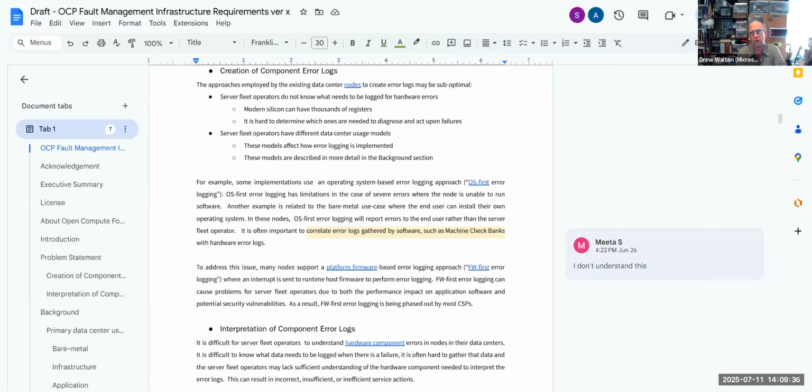But it's also useful, in my dreams, I would have a unique signature, so that if I had an out-of-band error log, it would be in the out-of-band error log. And if there was an OS crash dump also associated with that error, it would be in the OS crash dump. And if I had an angry customer as a cloud service provider that said, my OS is crashing, we could tell them, go grab this number from your crash dumps. And they could give us a series of numbers, and then we could look for the hardware error logs that had the same number. So that's just a dream, and we're not really talking about that yet here. So we can either delete this or clarify it. What do people think?